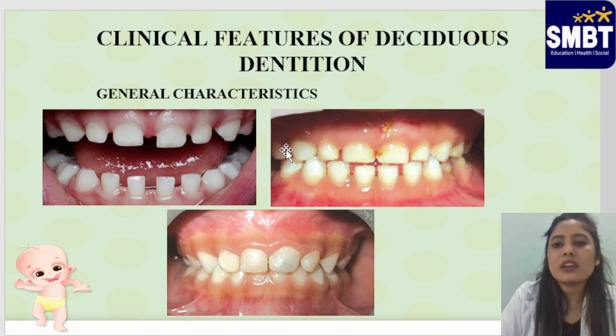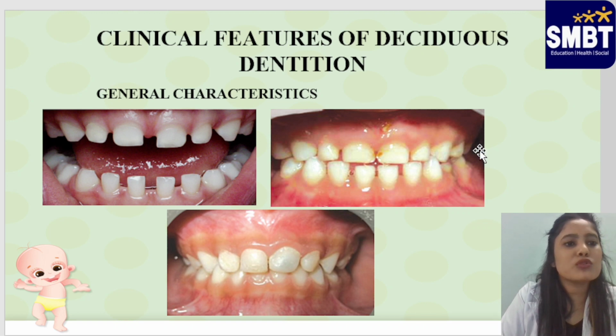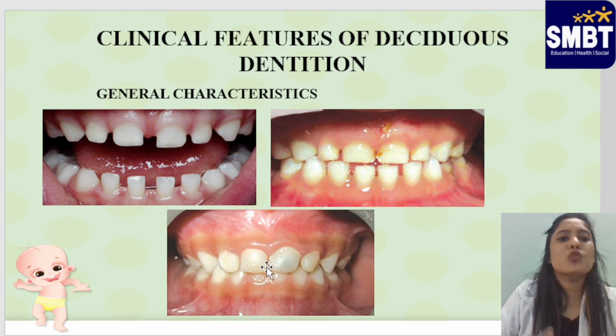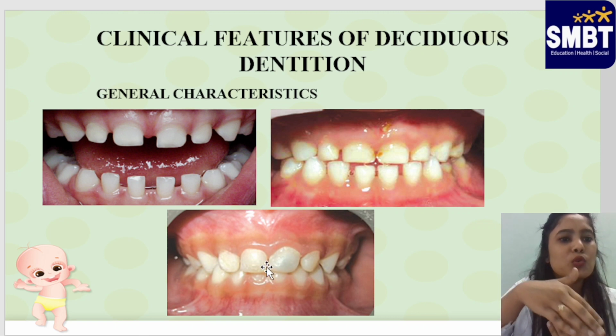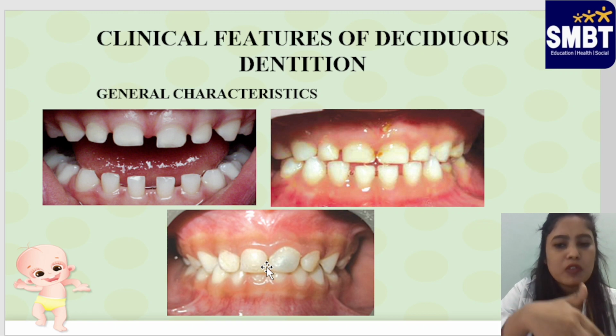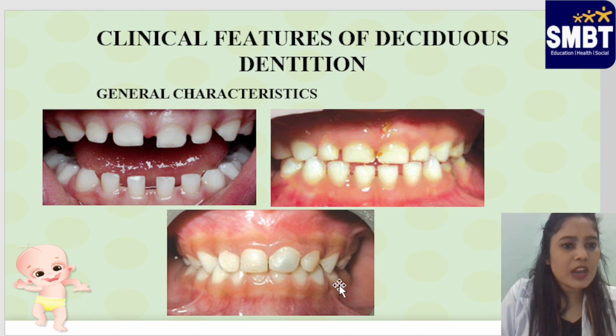Now this is shallow intercuspal digitation. You can see very shallow intercuspal digitation in the primary dentition. Also, there is almost no curve of Spee. The flat curve of Spee you can observe in primary dentition. Then comes the vertical inclination. More vertical inclination means more overbite or deep overbite, which is the normal feature in primary dentition.